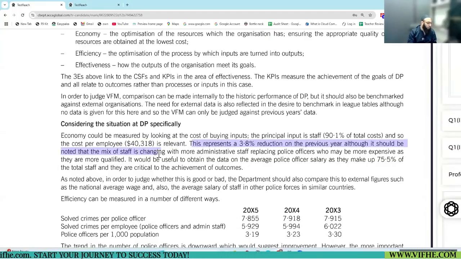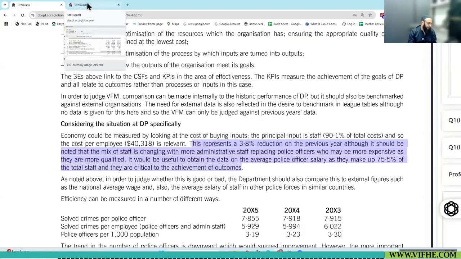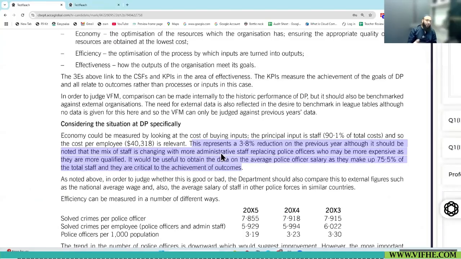In fact, this includes both administrative and police staff cost. And they have mentioned that for better analysis, if we would have been given the data of separate staff of administrative people and police, we would have done a better analysis for each and every grade of staff, like police and the administrative person. Okay.